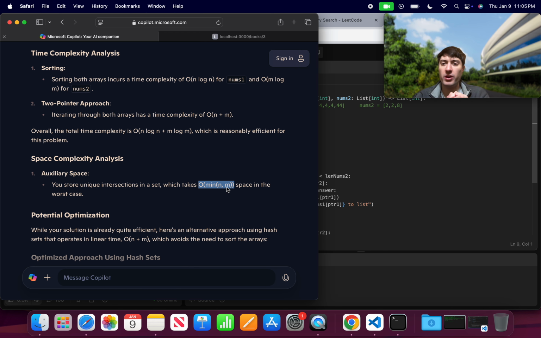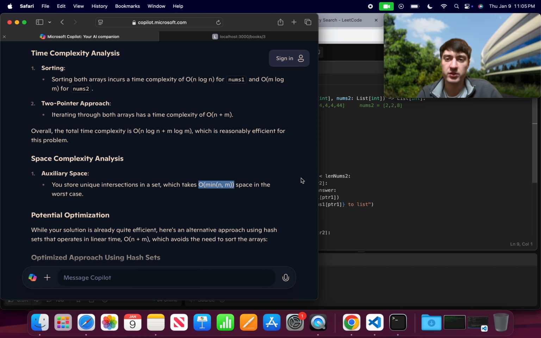Okay, so what is the largest space that I can take up in my set? Well, it is the number of elements within the smallest set, because if I only, for example,